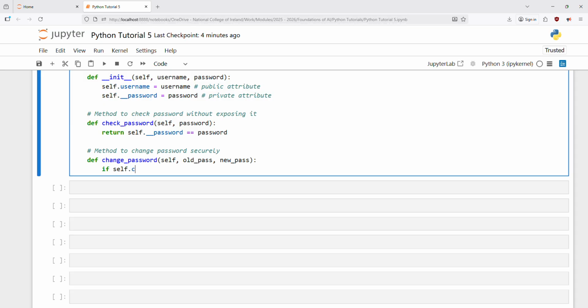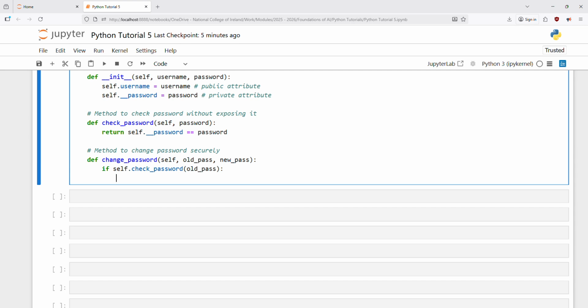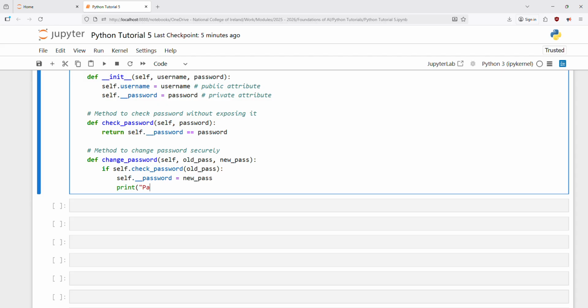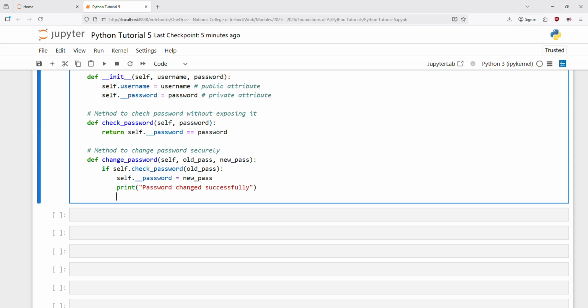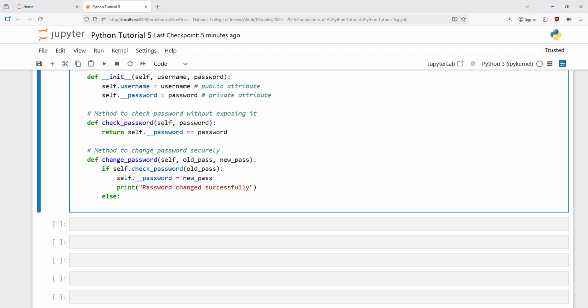So if self.check_password(old_pass), self.__password equals new_pass, and we can print "Password changed successfully." Else print "Incorrect password." Okay,